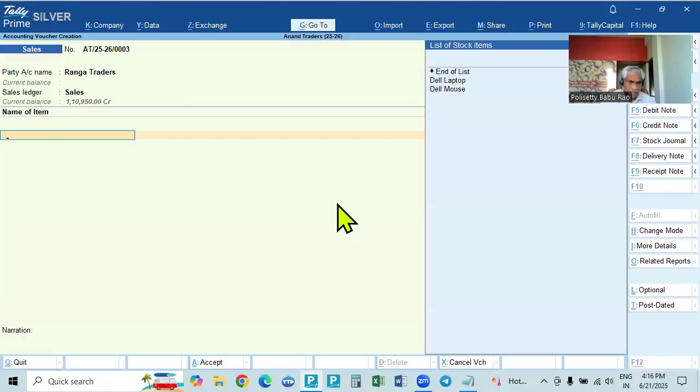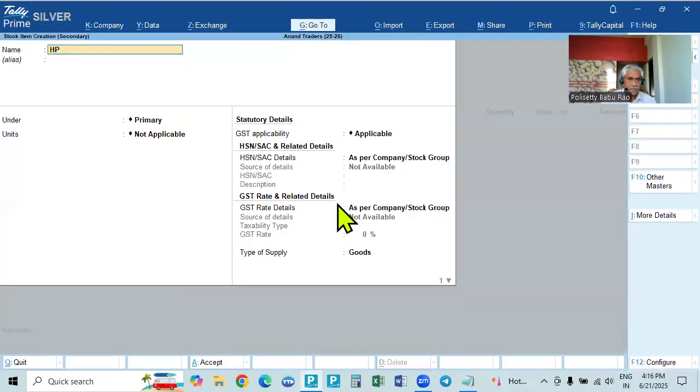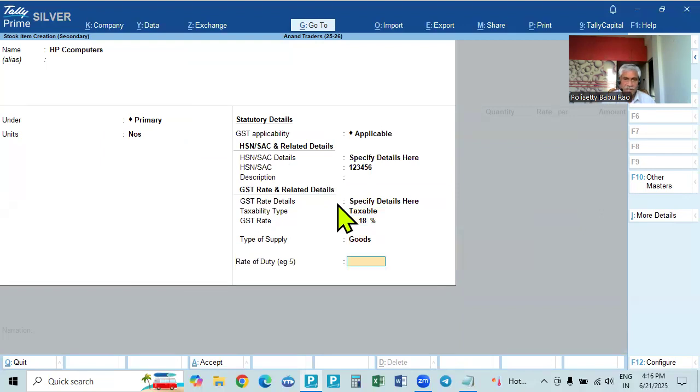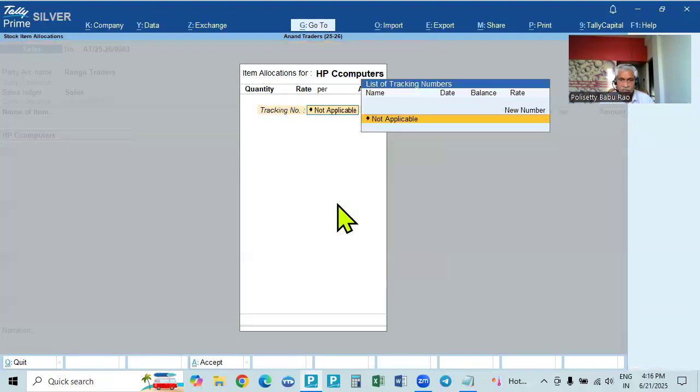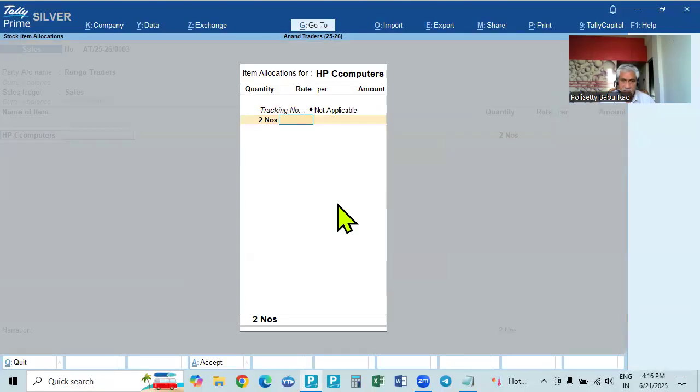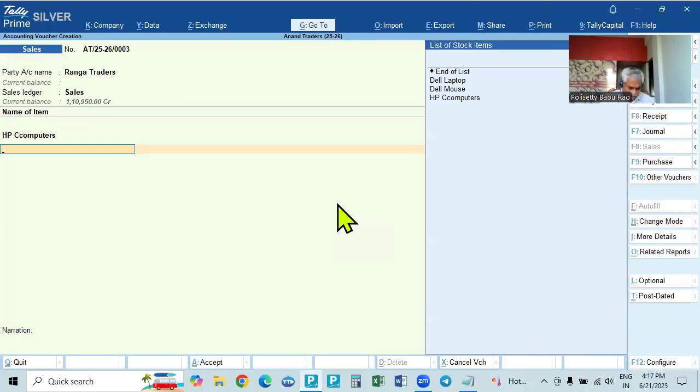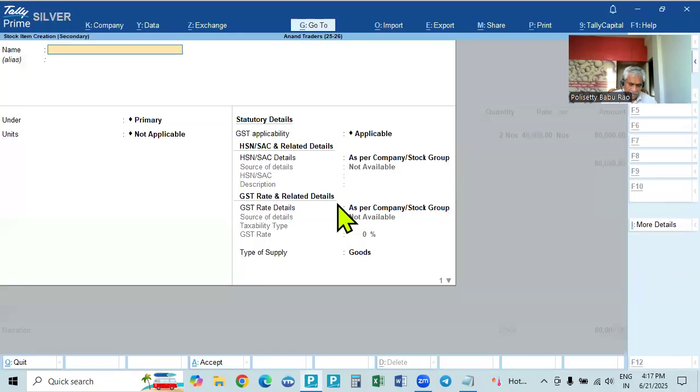For example, here we'll create HP computers. These also are in numbers, with specified details 1, 2, 3, 4, 5, 6, taxable 18%. Okay, we are selling these also two numbers. It is 40,000 rupees each, so 80,000. And we are creating HP